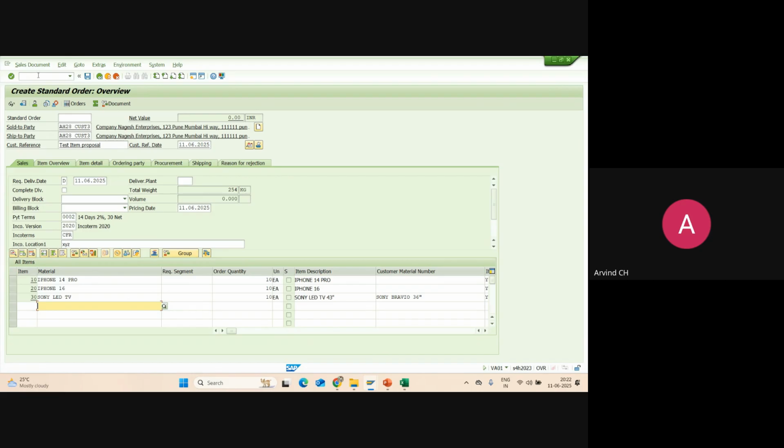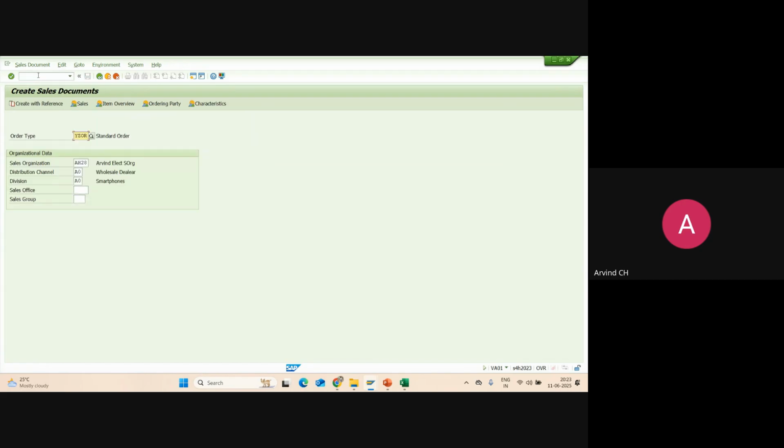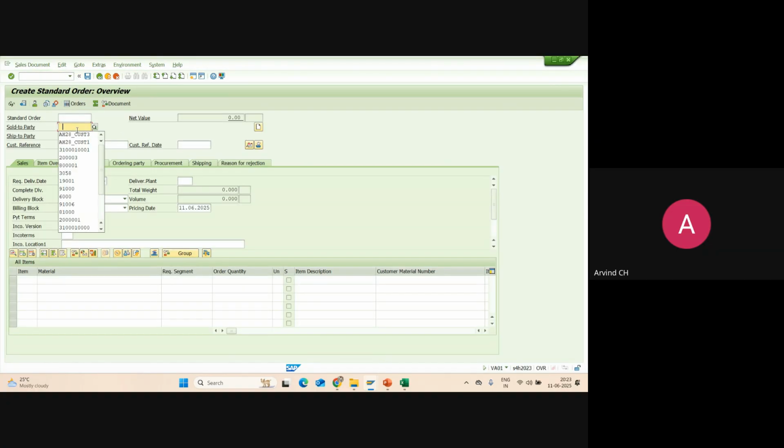That I have maintained in another master. Already I have maintained it, and I will show you how it works as a test. I have maintained it in this customer. I have assigned this in this customer. Okay, let me go to product proposal. If I press enter,